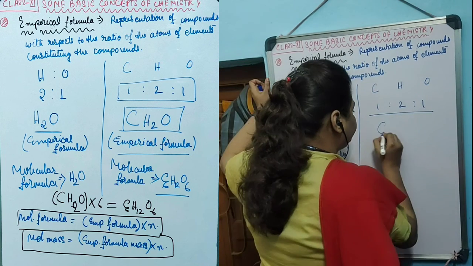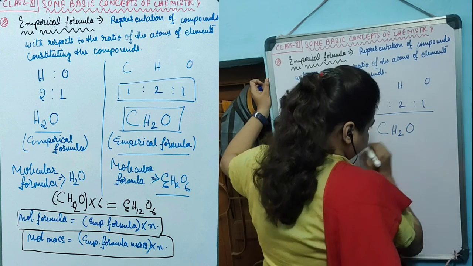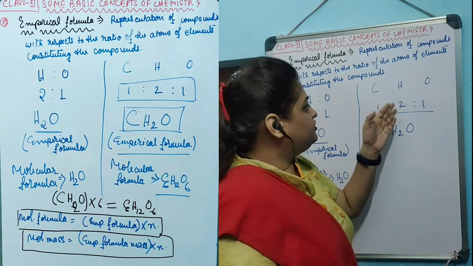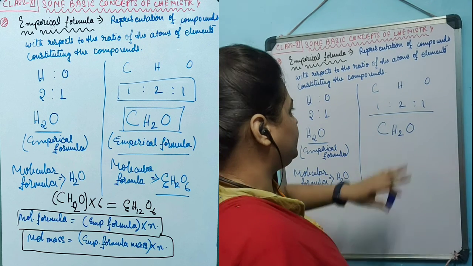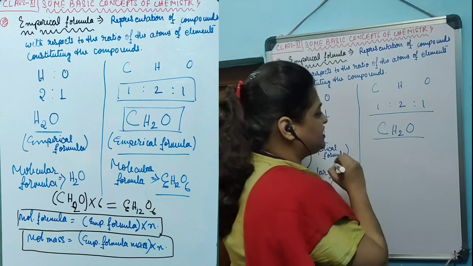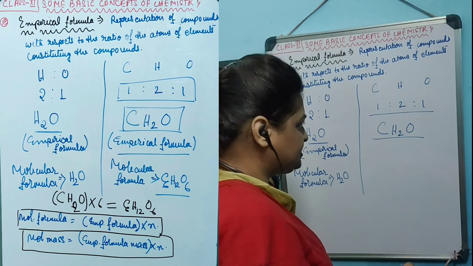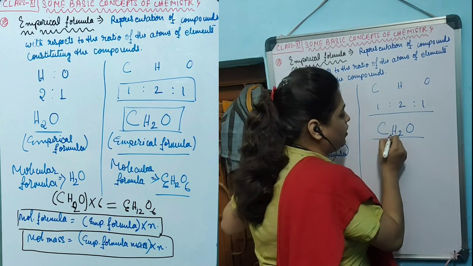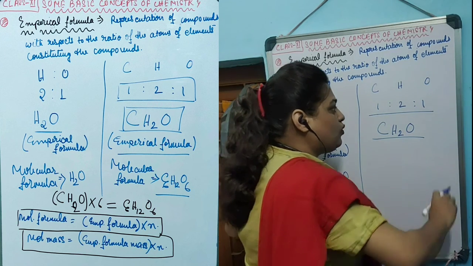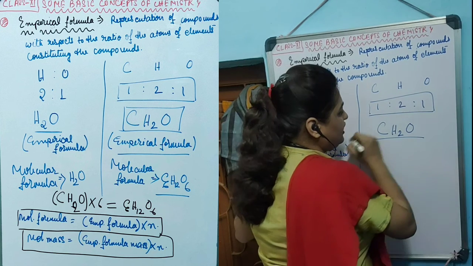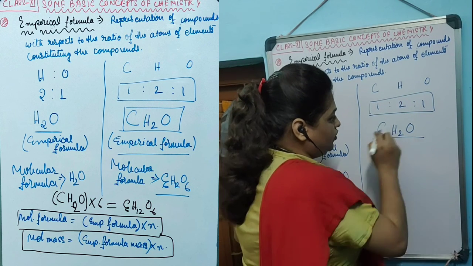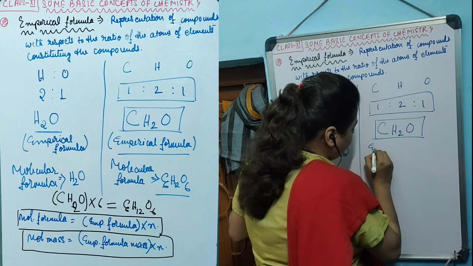When you represent glucose with respect to the ratio of the atoms of the elements constituting it, carbon, hydrogen and oxygen are combining in the ratio of 1:2:1. So if I have to represent this with only the ratio, the formula that we will be writing is CH2O. Now this is the empirical formula